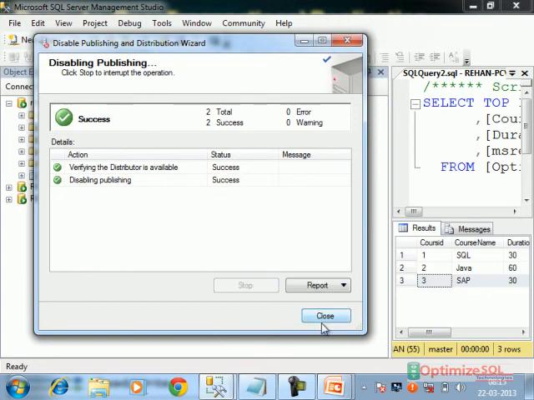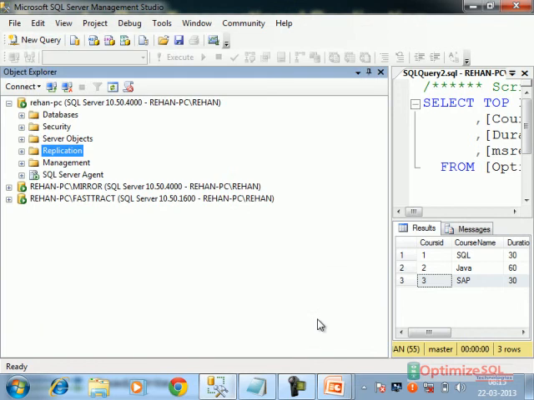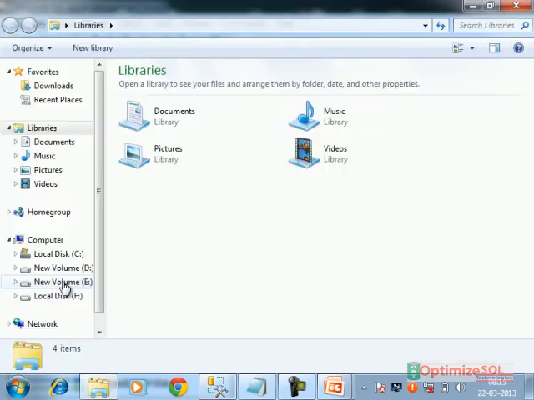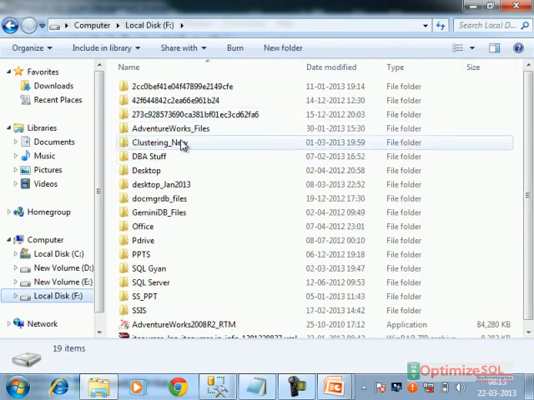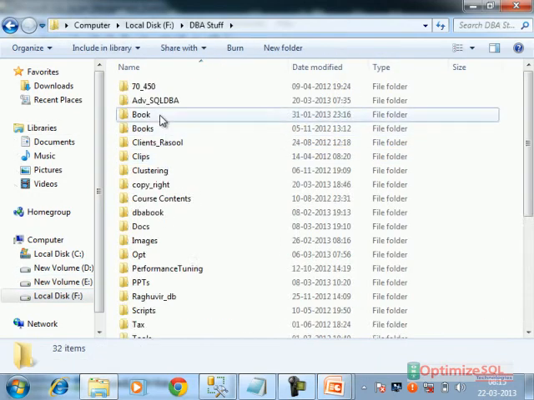Most of the time, we have seen that we have to configure both mirroring plus replication on the same database. Okay, so here, sometimes we get errors.